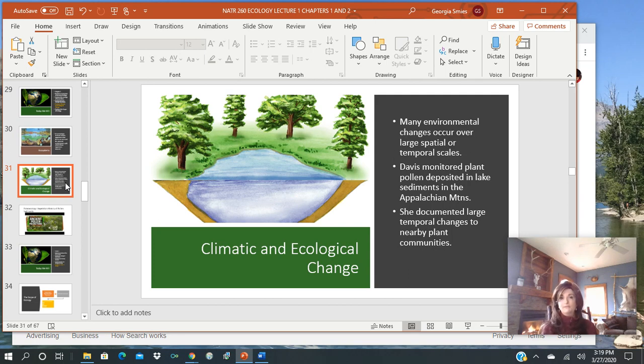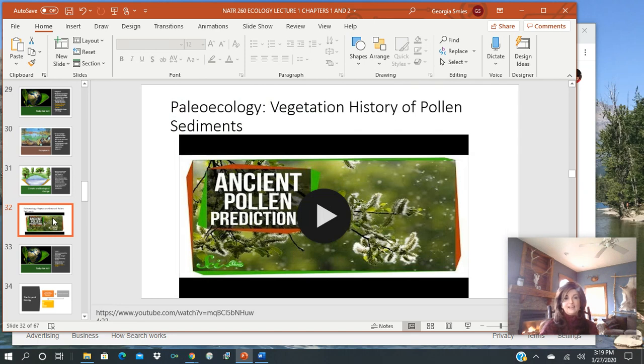There's a little bit of sleuthing to this, a little bit of history and archaeology to this. So in your text, there's a really classic study about a gal who looked at deposition of pollen in lakes and ponds in the Appalachians to kind of peer backwards into time and see how these ecosystems had shifted. This has a whole new study. It's called